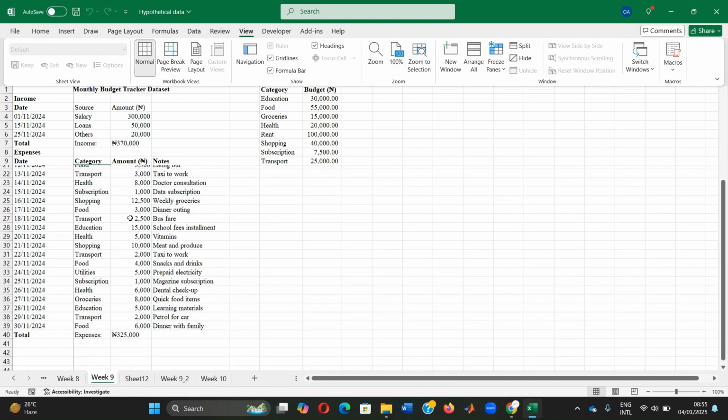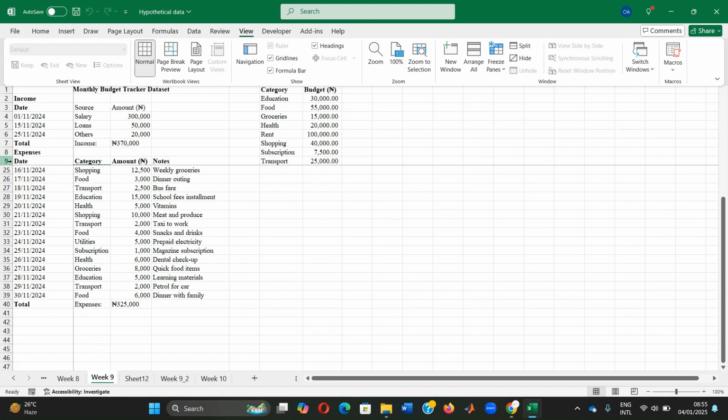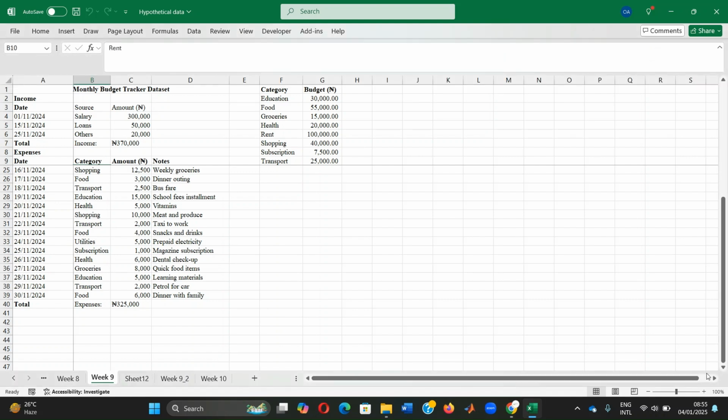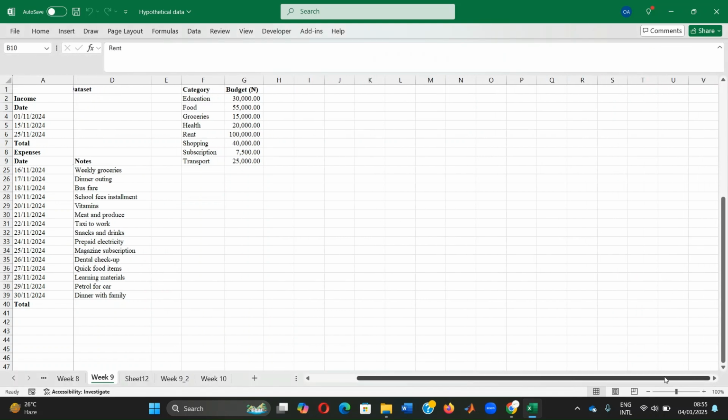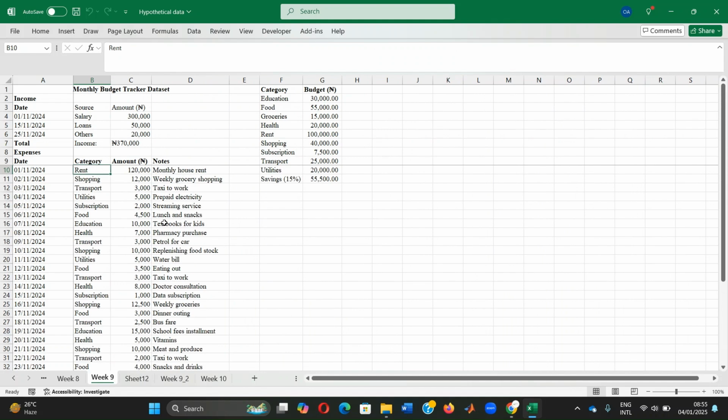It will freeze it in such a way that both the expense row headers and the column stay fixed, and so you can move around easily